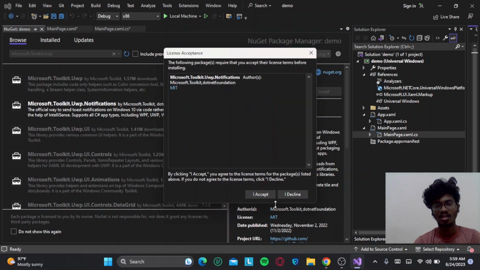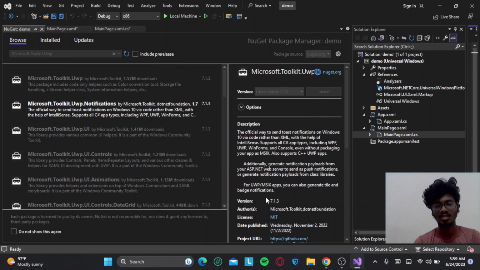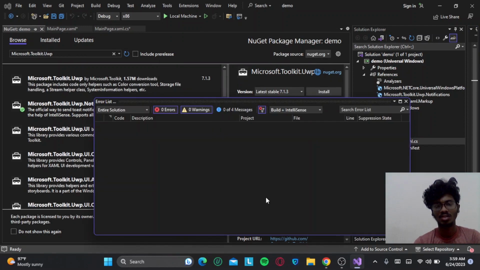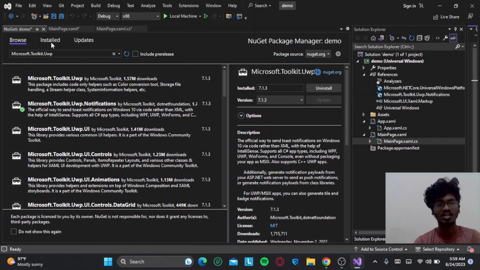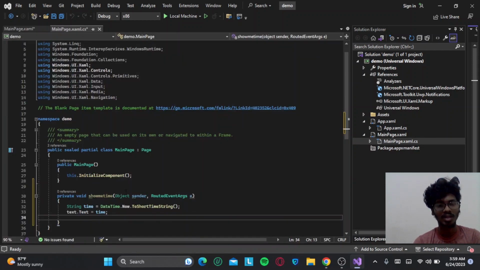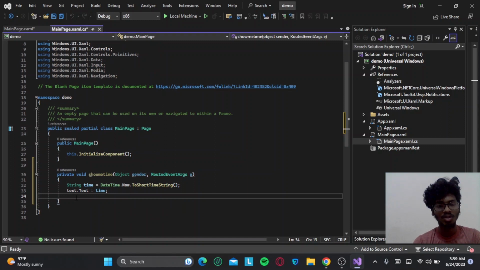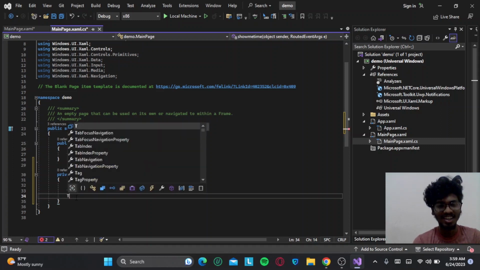Okay, I accept. I think it's installing. Okay, is it done? Yeah, it's installed. So I can cancel this, and I can go to my code. And here I have to create a class instance, which is actually from that package. That is, I forgot. Yeah, I think it's